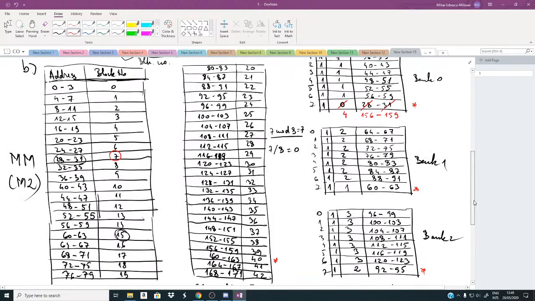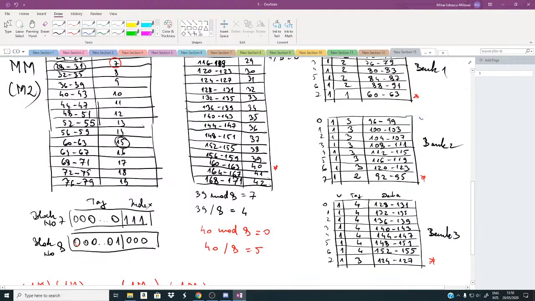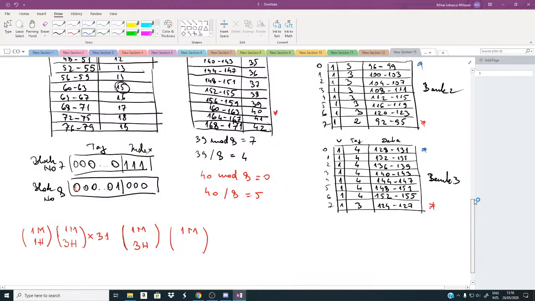So it's a competition between these guys now at index 0. Who is going to be thrown out? Well, the least recently used, obviously, again, which is